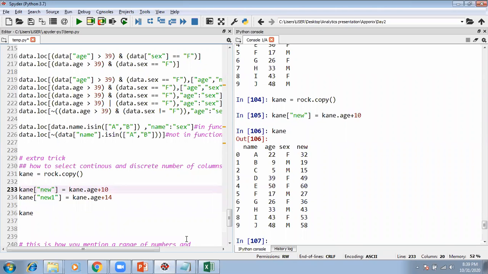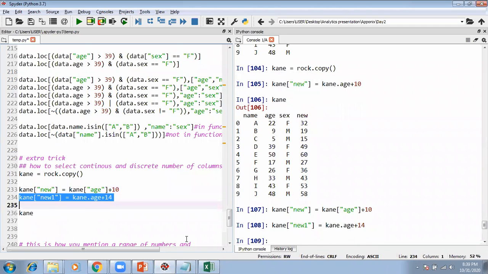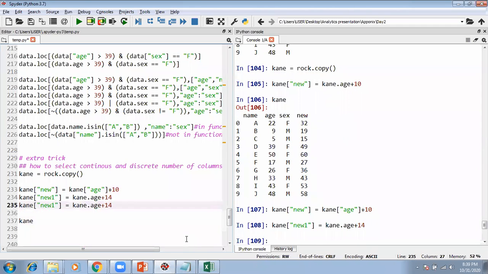This also works, but still I will insist that you should write it in this format. It's a better way of writing, because the dot notation does not work everywhere. I also could have written it within third bracket age. This definitely would have worked, but still this is a better way of writing.